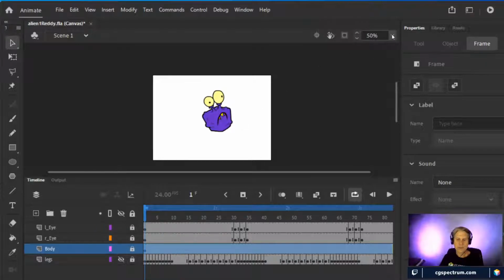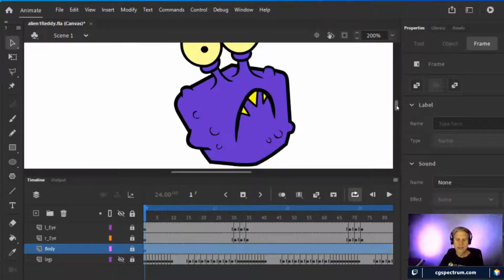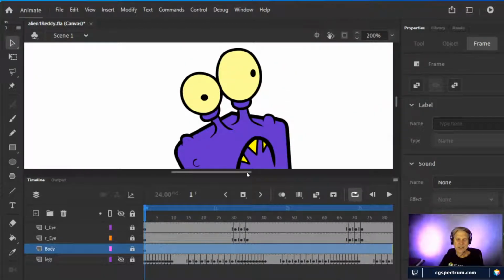If I zoom in really tight, let's go into full on 200, you can see that the eyes connect to the body. If I hide those eyes, you can see that they had to go on top. That's the only way that it would work and look like they are actually sitting, kind of foreshortened, in front of the antennae. If I move them, I'll just do that right now so you can see what I mean.